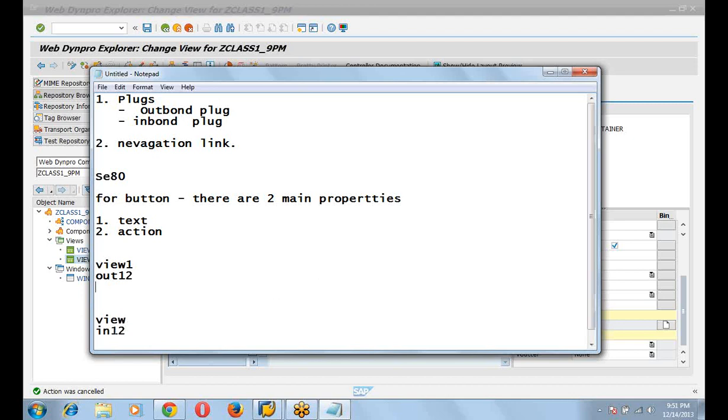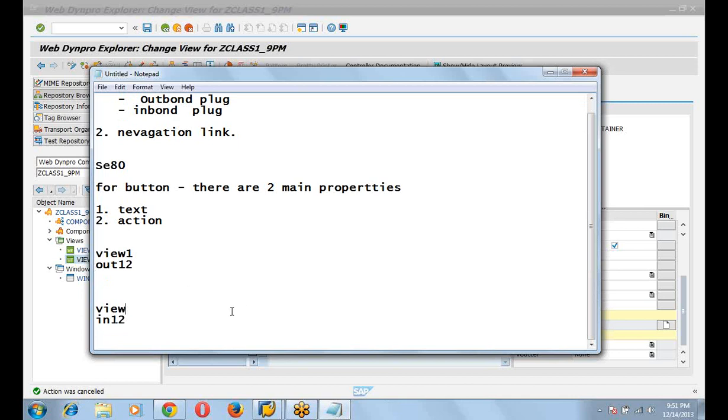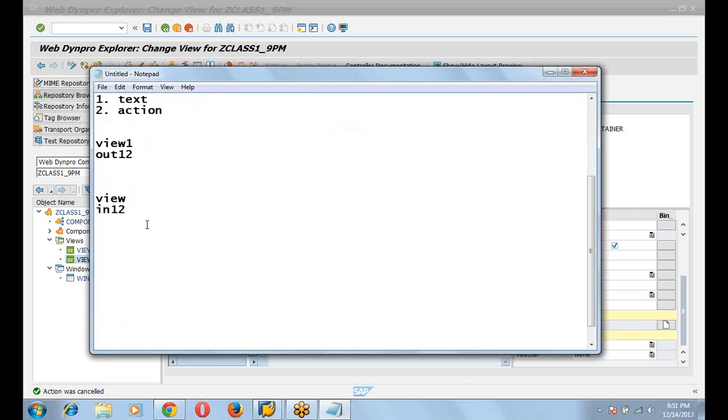For view 2, the outbound plug will be outbound view 2 to view 1, and in view 1 there will be an inbound plug, 2 to 1. It means we have to create one outbound plug and one inbound plug in view 1, and one outbound plug and one inbound plug in view 2. Have you got this concept?